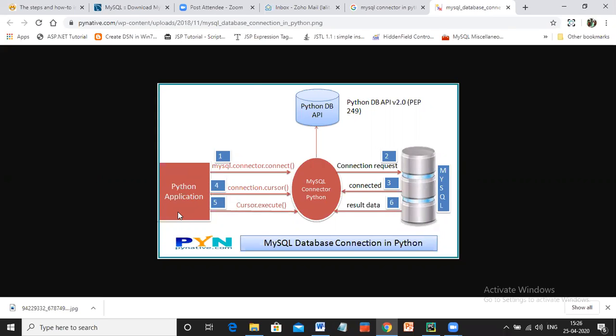There are a few steps you need to remember while connecting to this database. First of all, the most important person who will help us bridge or define the connection between my Python application and MySQL is the MySQL connector. You need to have this in your Python project. Unless and until you have this, you cannot interact with the MySQL database. Remember this.